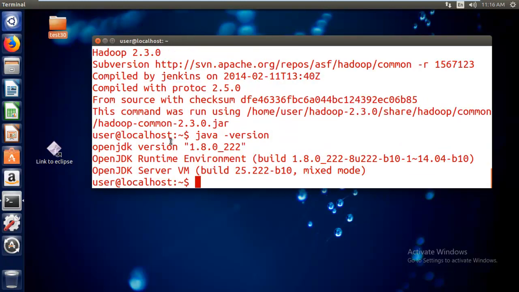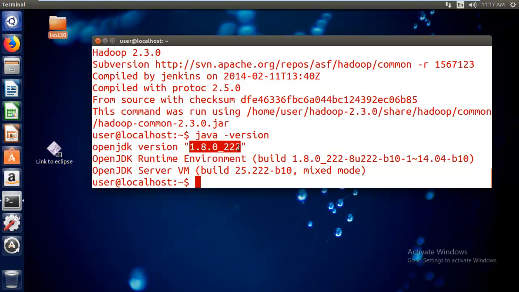Here you can see it's showing OpenJDK. Either you can install Oracle Java, or you can install OpenJDK also. So Java is also there, and it's showing the version also.